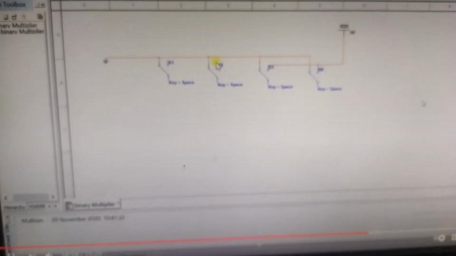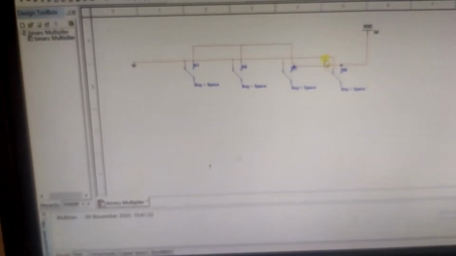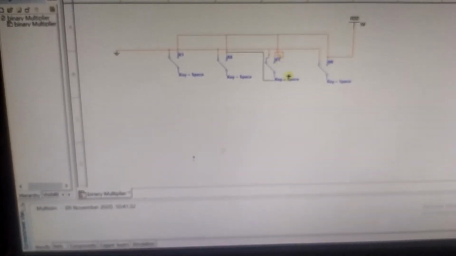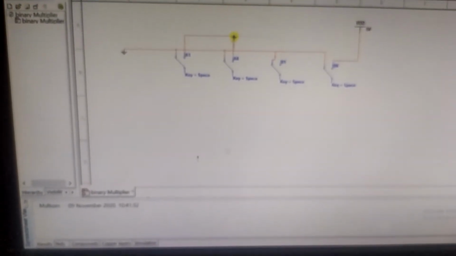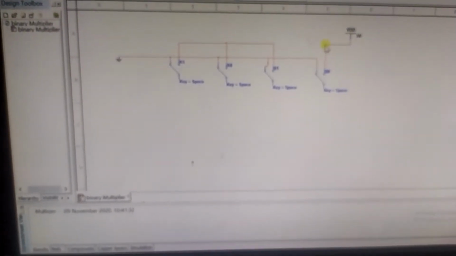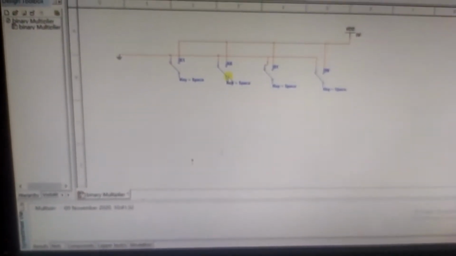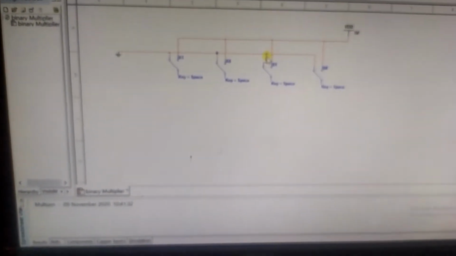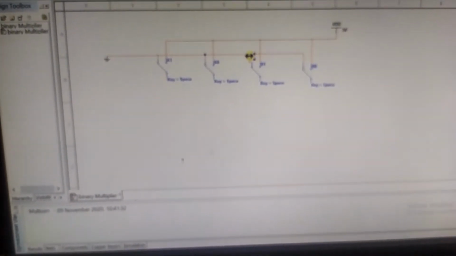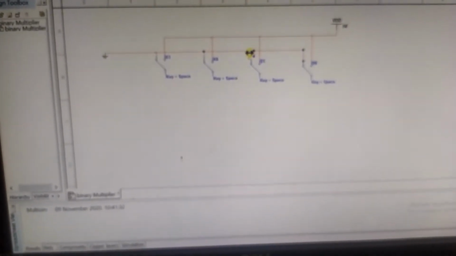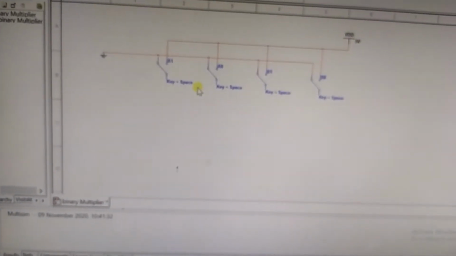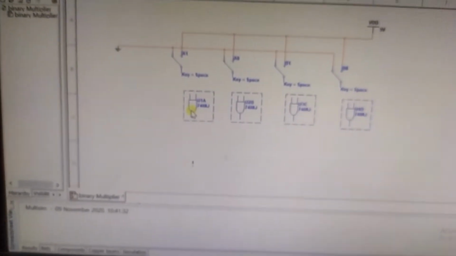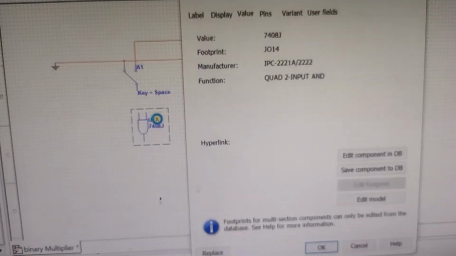You can go through how this simulation circuit can be built. Just follow these basic connections, how to connect A0 A1 B0 B1 with logical AND gates and half adders.